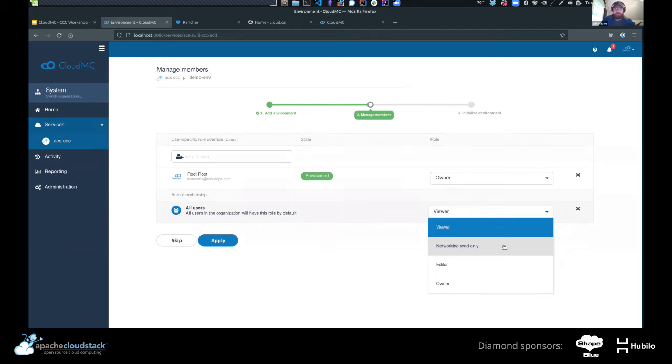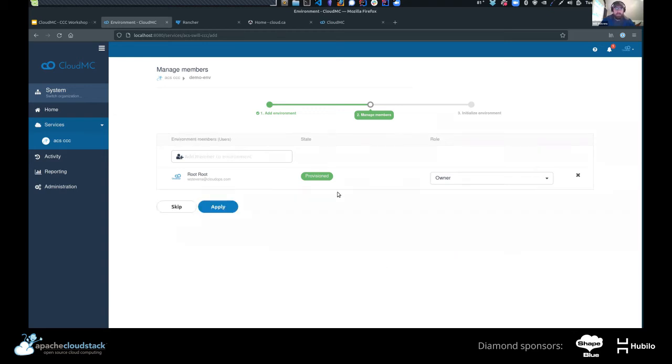You want the networking to be configured by somebody in the data center. You don't want to expose all of the networking functionality in the environment. You want people to be limited on their networking. There's a number of roles here, and we can create additional roles that fit your needs as well. I'll get to that. But for now, I don't need any of that. All I want is just my user, and I'll hit apply.